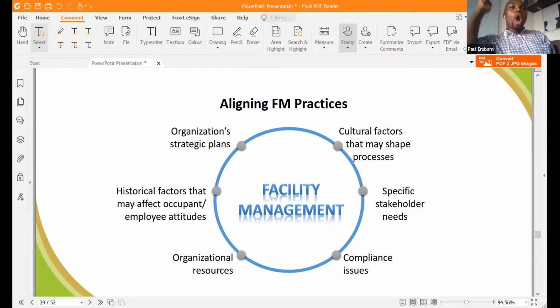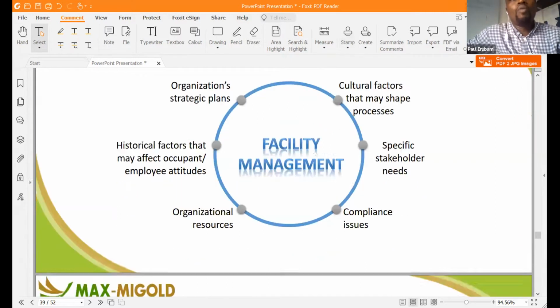organizational need. Understand your organization's strategic plan. Most of the time, your facility management strategy will be a subset of the organization strategy. So understanding it will help you to align the two. And it's very important to understand all of these factors. So moving forward,